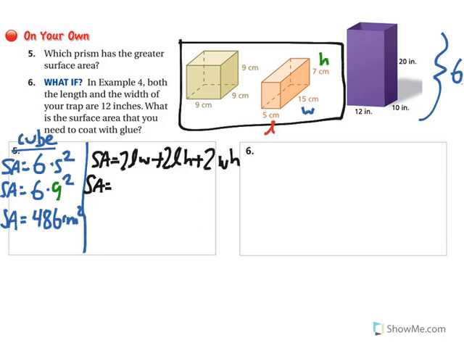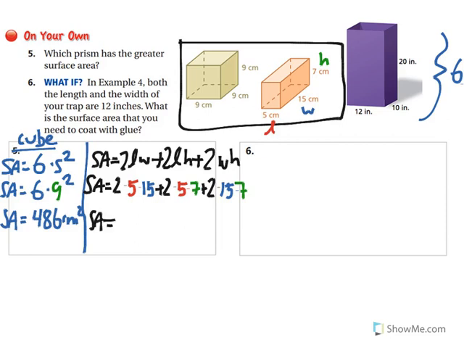So I have 2 times 5 times 15, plus 2 times 5 times 7, plus 2 times 15 times 7. I plug my information into my calculator,